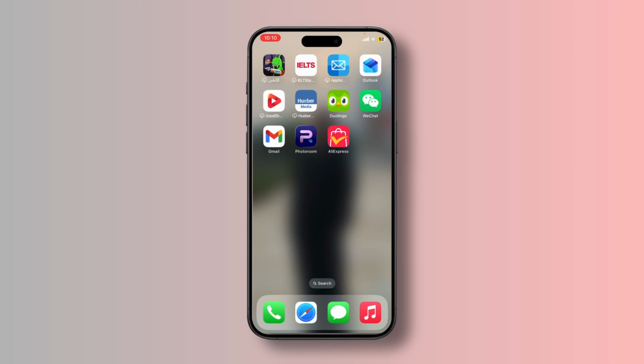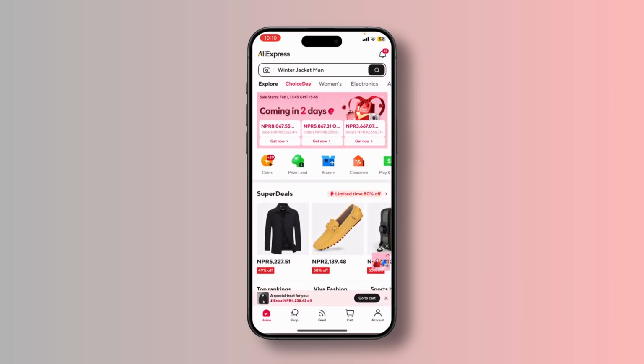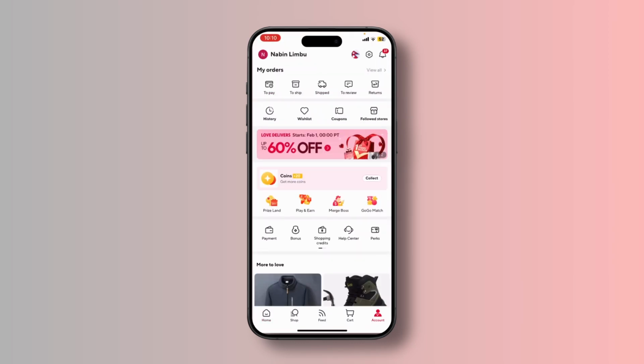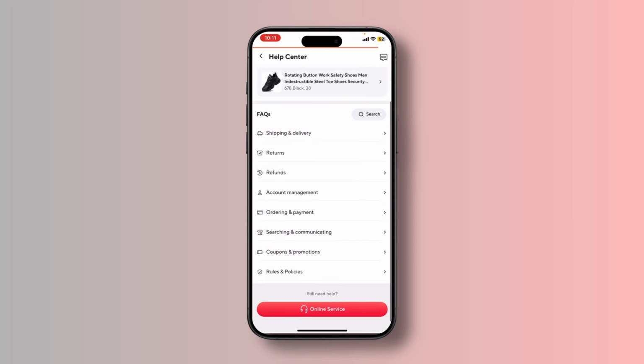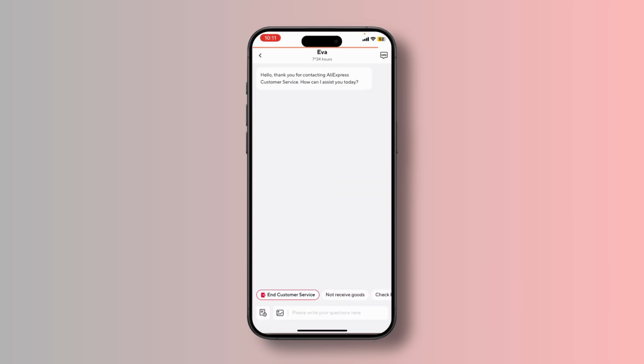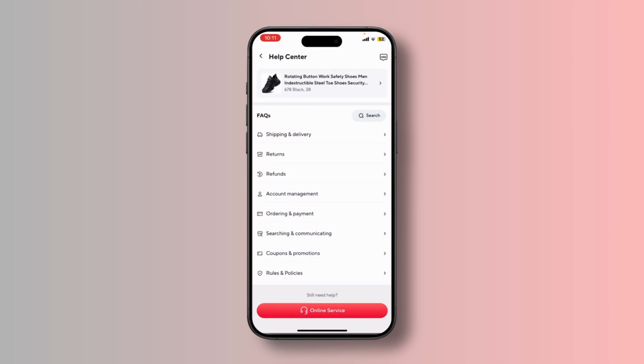may be temporarily down. So if the problem continues, you can just go to the account icon given at the bottom right corner. Within it, tap on Help Center. From here, scroll down and tap on the Online Service button. Then make sure to report the issue that you faced, and that's how you can fix the AliExpress app not